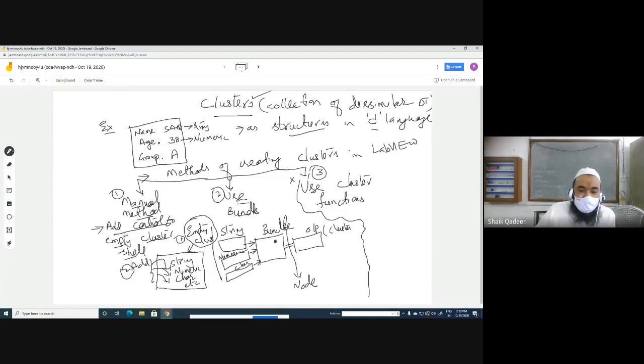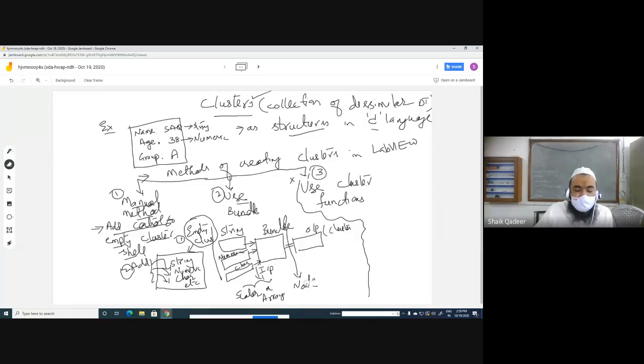So this bundle can provide wiring to different data types. You can add string to it, you can add numeric to it, you can add char to it. The input of bundle is a scalar quantity or it can be an array. Hope you understand the meaning of scalar and array.